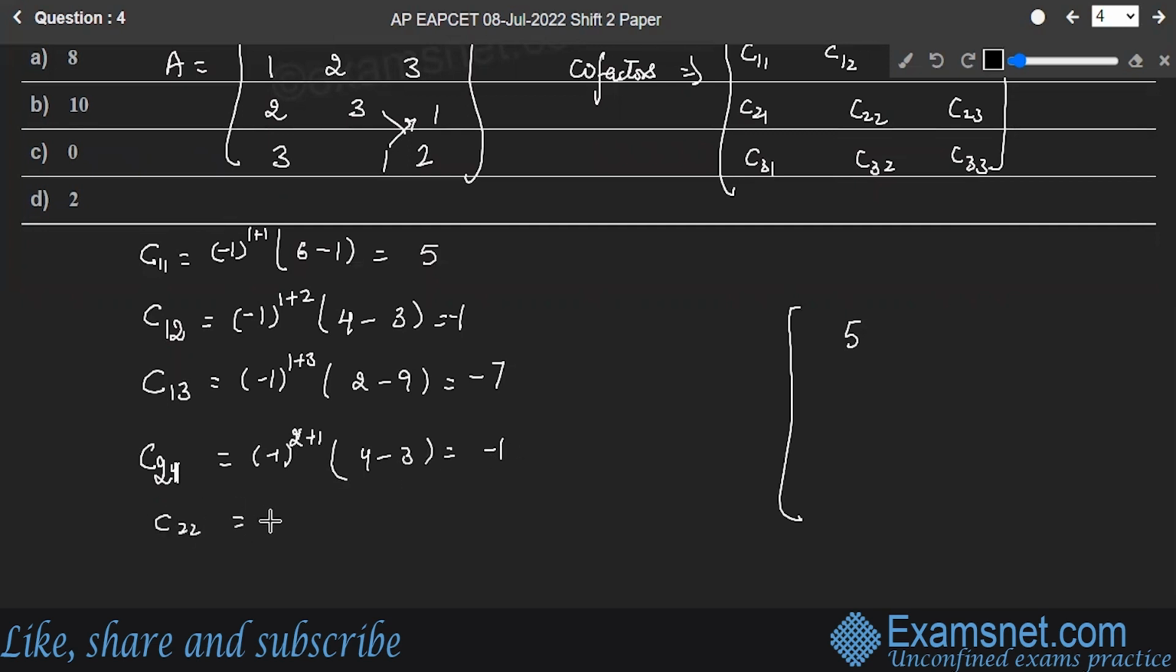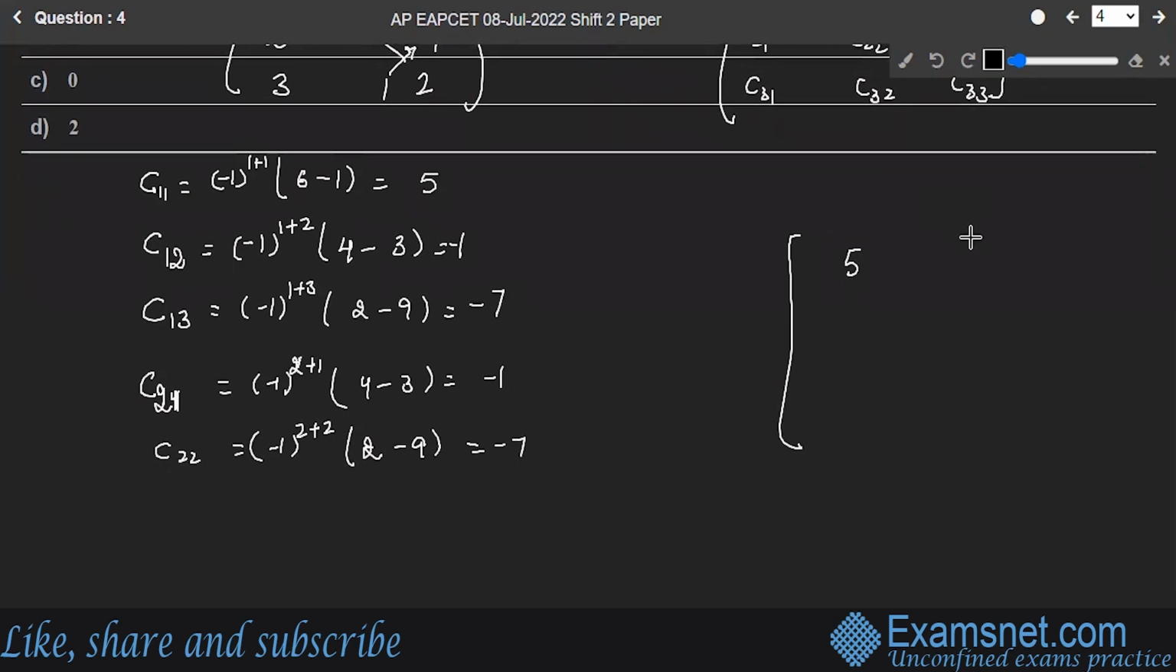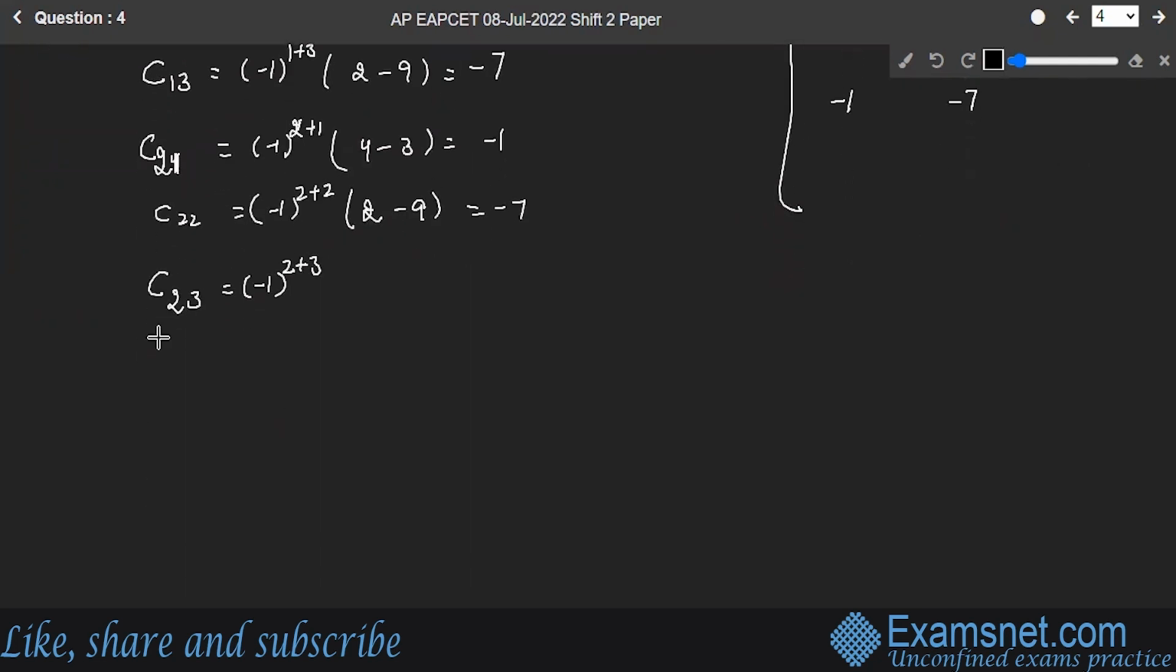C22 will give me minus 1 raised to power 2 plus 2, 2 minus 9, that is equal to minus 7. So let's write it down. Here you have minus 1. Here we have minus 7. Minus 1, minus 7. C23, minus 1 raised to power 2 plus 3. C31, C32, C33 is equal to minus 1 raised to power 3 plus 1, minus 1 raised to power 3 plus 2, minus 1 raised to power 3 plus 3. So